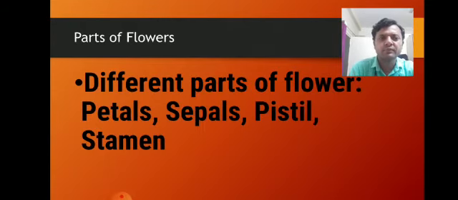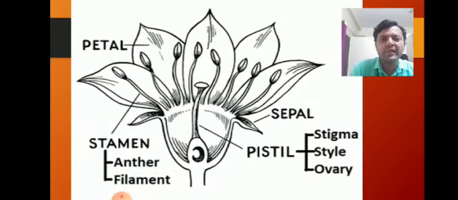Moving on, first of all, everybody has to observe this diagram. See the petal and sepal. Here a black and white diagram is there, so you only need to understand the position, where these parts are located. That's it. That is very important here. And then stamen and, sorry, stamen and pistil.